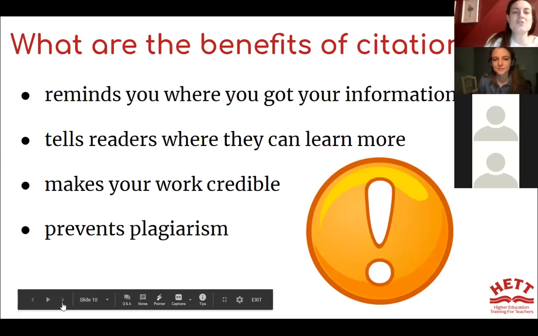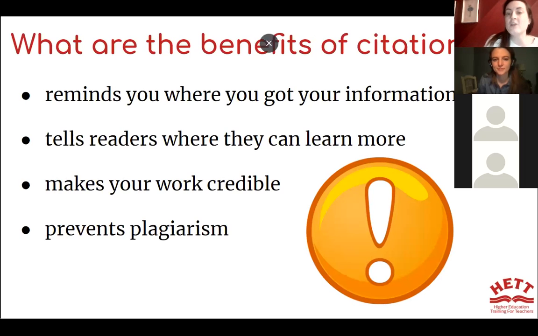So it reminds you where you got your information, so you don't forget where that piece of information came from. It's easy to match to the source of the information, and if you need to search back, you can find it. It also tells the readers where they can learn more.